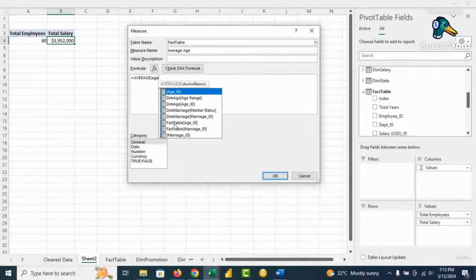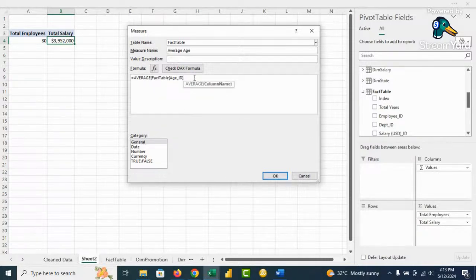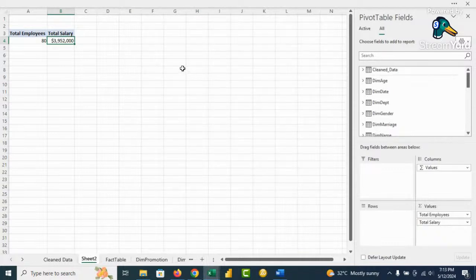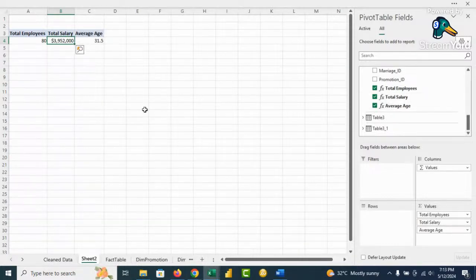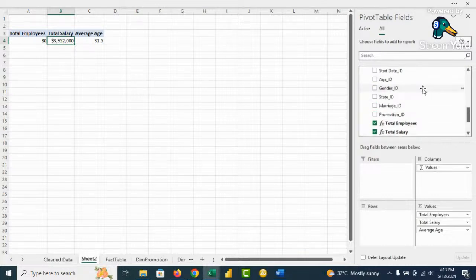So fact table age, that's it. We close the brackets. We want it to be numbers, and we want it to be one decimal place. And this will give us the average age. If we come here and click on this, we have 31 points. Okay, then which other, let's see, let's check the